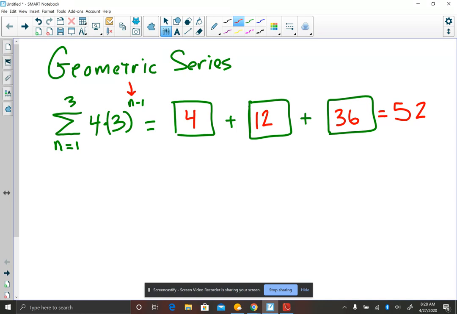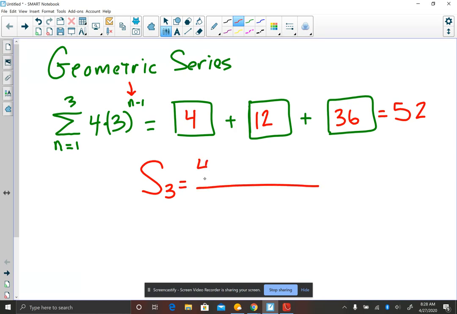The way you add these things up, if you had a much longer list, let's say I asked you to add up the first 30 or 300 terms, there is a shortcut. There is a formula. So I'm going to show you what it would look like to add up the first 3 terms. The sum of the first 3 terms